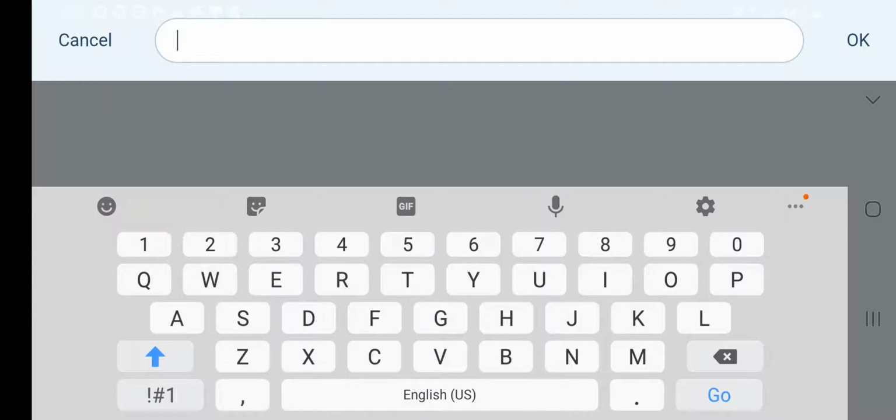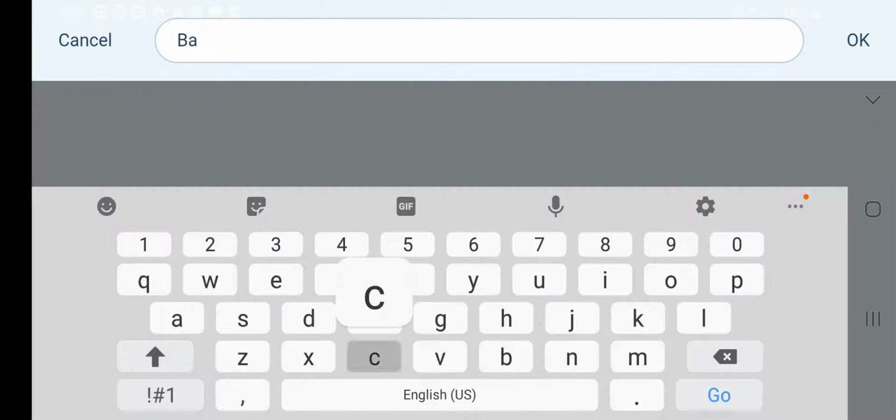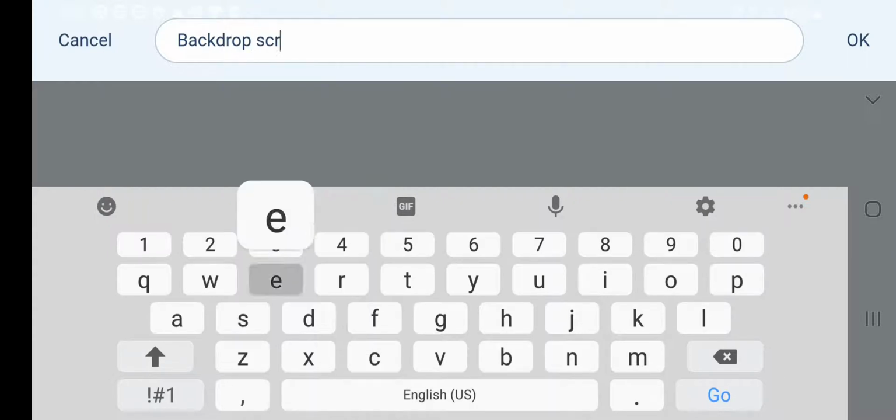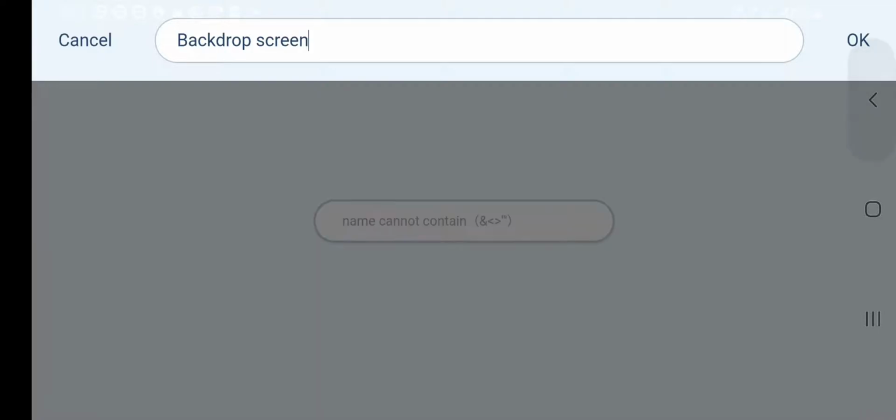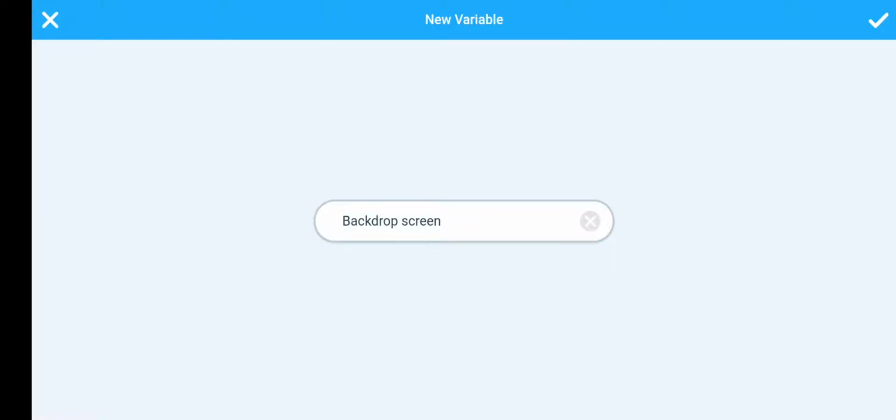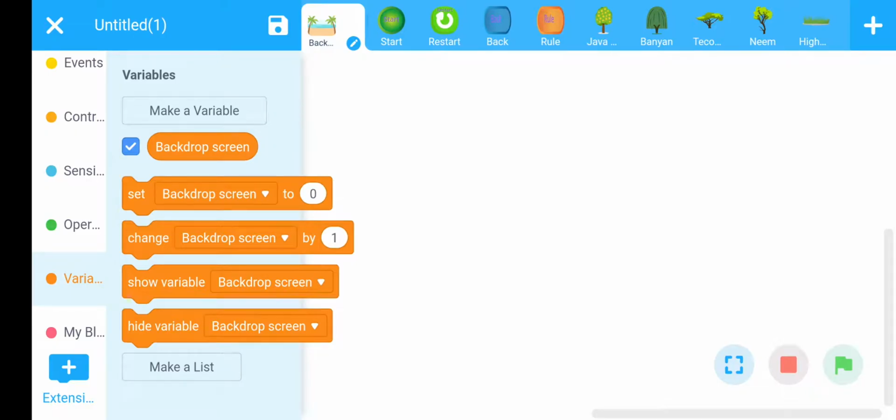Okay, you have also to create one more variable, that is score variable.